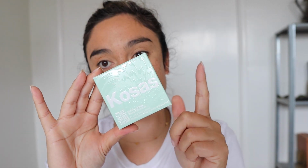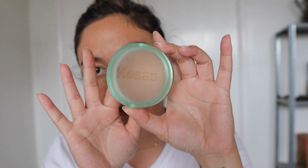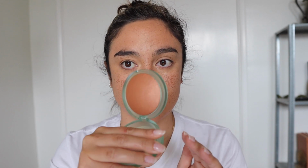I have never tried this. Again, this is the Sun Show Moisturizing Baked Bronzer. I have never heard of a powder bronzer being moisturizing, really. This will be interesting. Here's what it looks like. The packaging is divine. It is in the shade 2 medium. They have 3 shades, a light, medium, and deep. This retails for $34. It has a little bit of a sheen to it, which looks like it could be